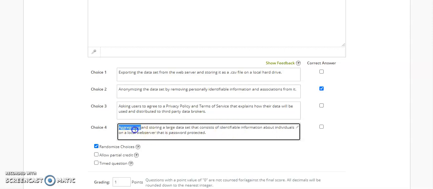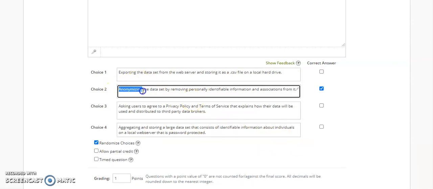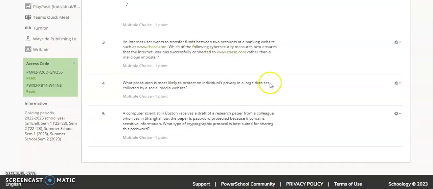Big words here, like aggregate, but look at this. You don't want to be storing identifiable information anywhere. Instead, what would be nice is, what if I anonymized all the data? You're still getting all of it, but you just take out the first names, the last names, and you just keep all the information with numerical values to it. You can't replace that or get that back to the person who it was originally given to. And last but not least,